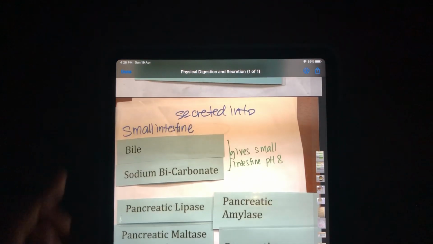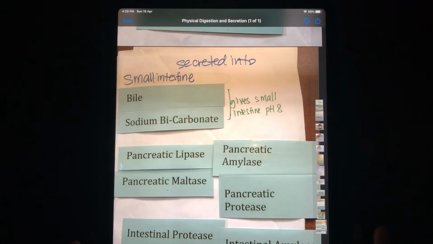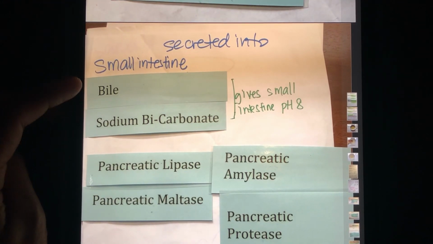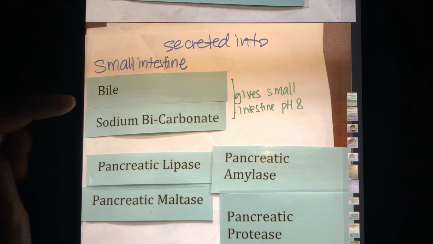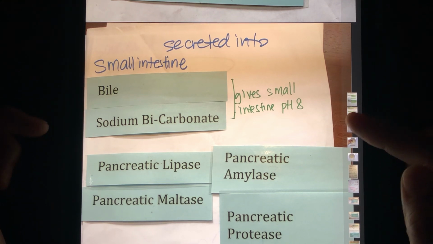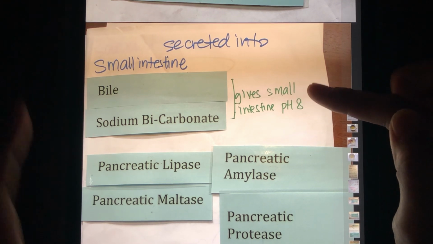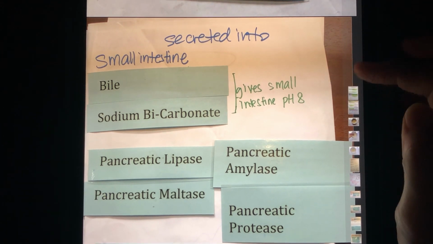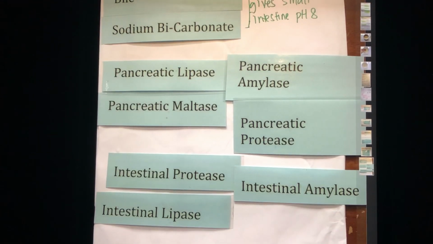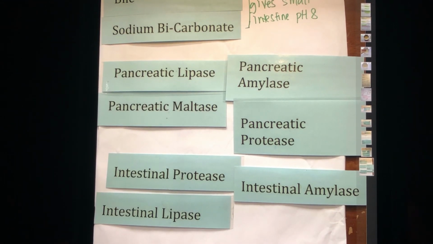Okay, so the purpose of bile, besides the emulsification effect, okay, it works when combined together with sodium bicarbonate, it will give the intestine a pH 8. And then you guessed it right, pH 8 is the optimum pH for the different lipase, different enzymes that are found or secreted into the small intestine